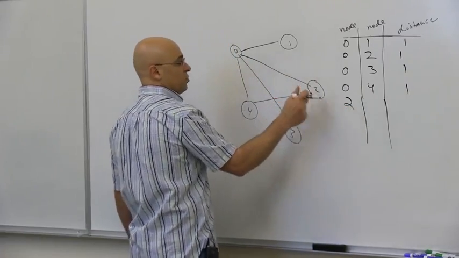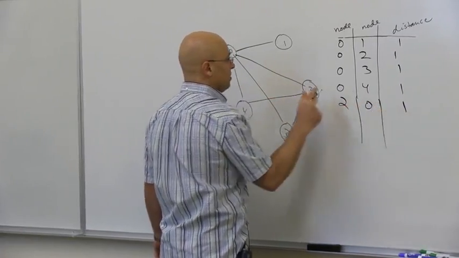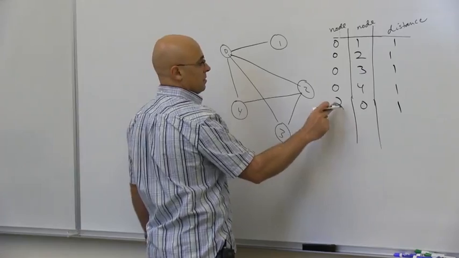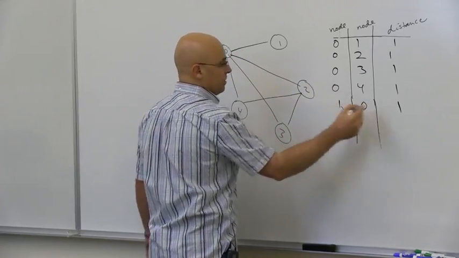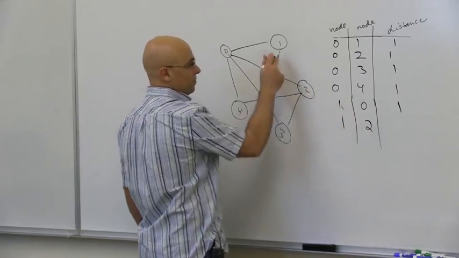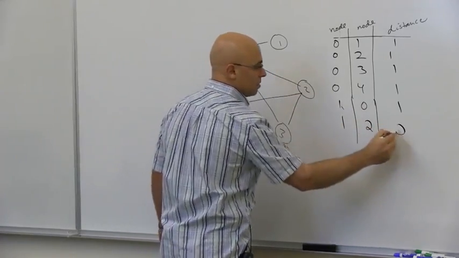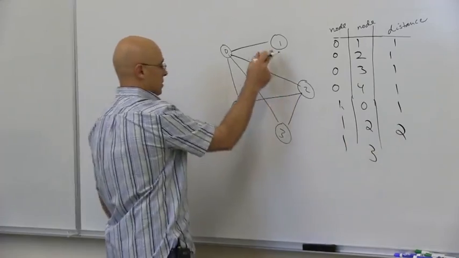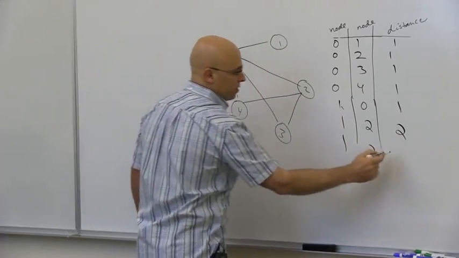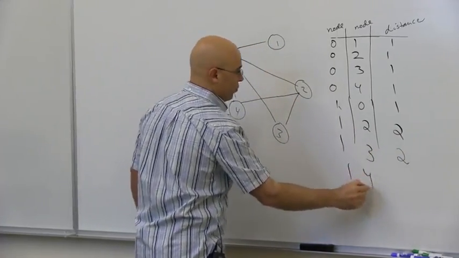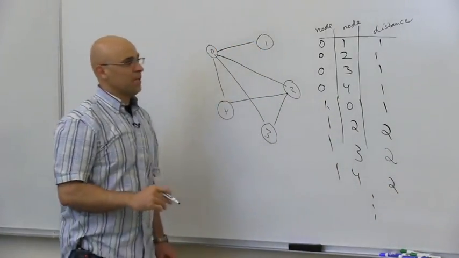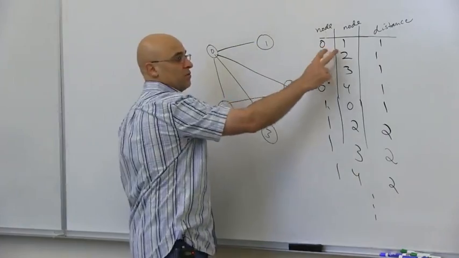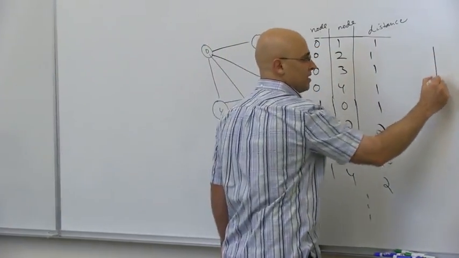From 2 to 0, it is 1. Actually, we can look at individual 1 now. 1 to 0 is 1. From 1 to 2, it is 2. From 1 to 3, it's 2 as well. From 1 to 4, it is 2. And so on. Once I have these pairwise distances for every pair of nodes, I can tabulate this